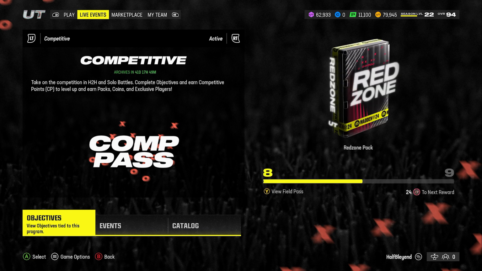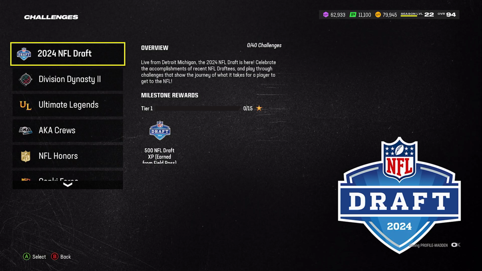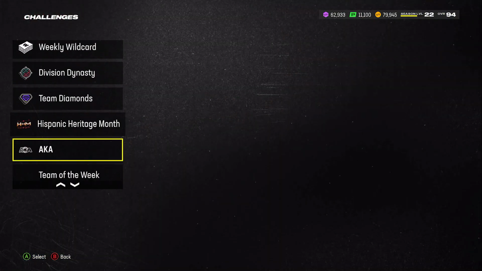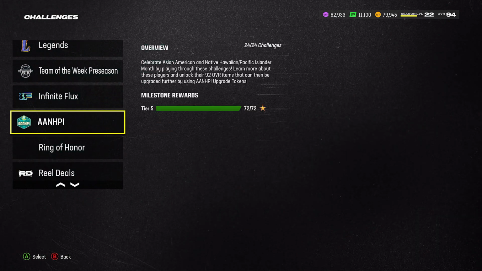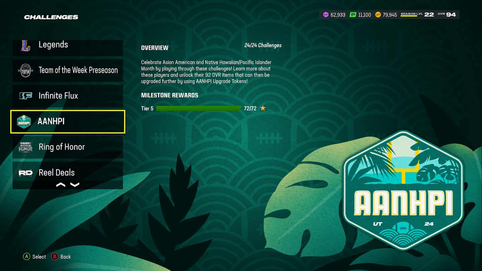But even before you do this, what I would also do is go through, and I actually haven't even fully finished this myself yet. No, actually I did, sorry. That's why it's down here. I would go through and do your Infinite Flux and your AANHPI. It's such a long acronym, I've struggled with it. But I would do both these promos and make sure you get those cards in your lineup,